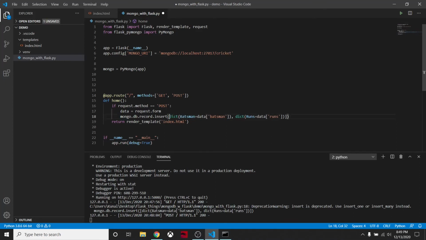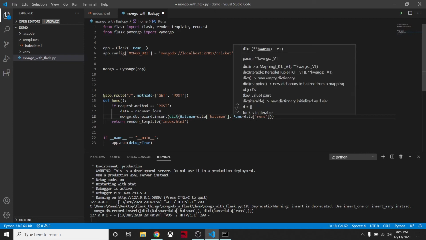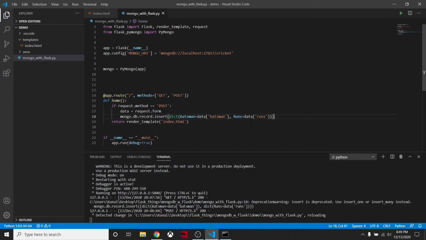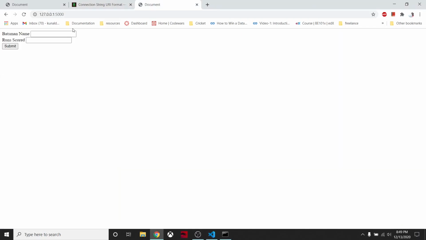So we will remove this from here and this, and basically create a single dictionary. We'll remove this comma also. Actually, everything is pretty fine now. Okay, let's save it and try to rerun it.